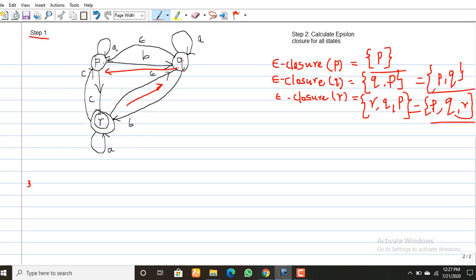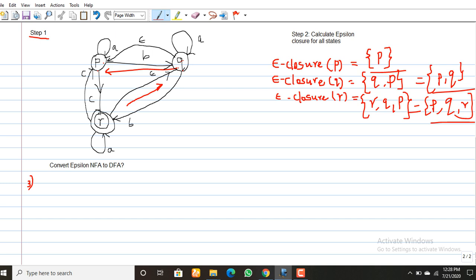Next, third step. So in the third step only, you are going to convert this epsilon NFA to DFA. Okay, this is the actual step. So convert epsilon NFA to DFA. How? That's the matter. Okay, first thing. In this lecture, I am going to demonstrate a shortcut method, and also the easiest method in the part of conversion of epsilon NFA to DFA. Okay, one of the easiest methods.